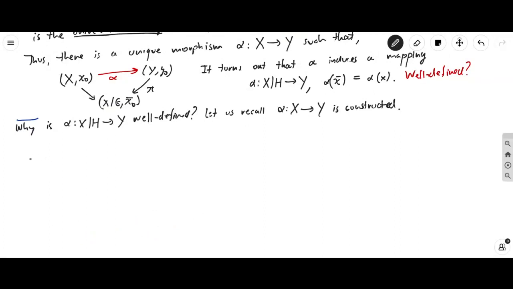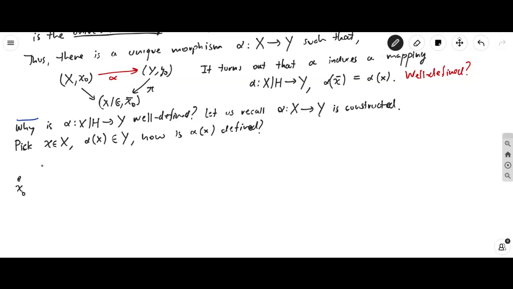So basically what we do is, we have a point x0. So we're going to pick x in the universal covering. So alpha of x has to be something in Y, right? This is a mapping. How is alpha of x defined? How do we create this map? So here's how we do it. We have our initial point